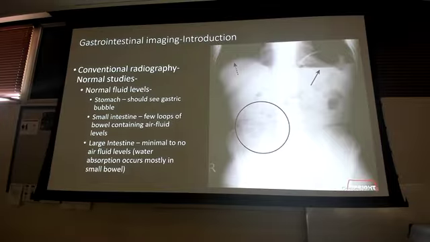But you are correct. Air fluid levels is another sign, right? If I have that nice flat air fluid line, then yes, it's upright because I have gravity working with me, bringing the air up and bringing the fluid down. Also, almost all of your abdomen x-rays should say upright. If it's not upright, you can assume it's supine. That's just the standard when they label these things. They might say supine, but they should definitely say upright if they're upright images. Which means, since I have an upright image,